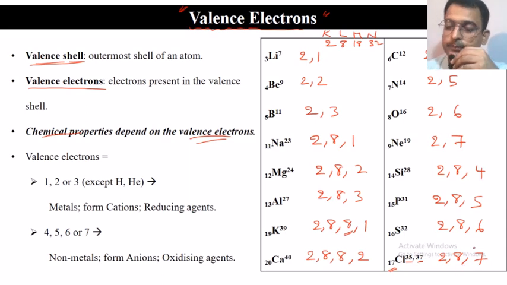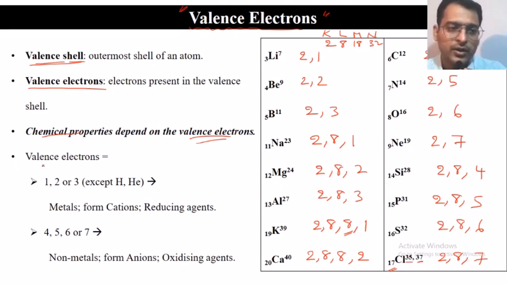The reason why we are writing the electronic configuration, please remember, is that in chemistry you need to write and practice. It is very important. If you just try to memorize orally, it is not very helpful. So please write these kinds of electronic configurations, repeat, and then you will become more perfect.